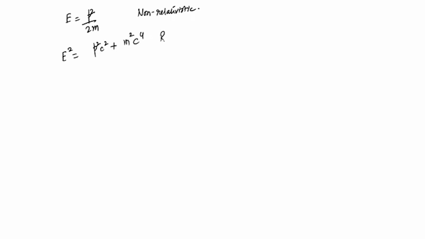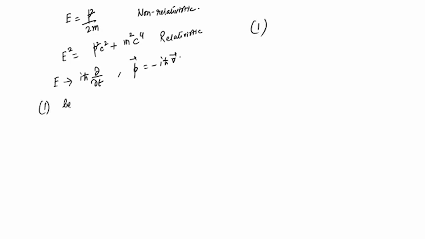So this is the relativistic dispersion, which is true at speeds of the order of the speed of light. Okay. So if you replace E by i h cross del/del t and if you replace p by minus i h cross del, then this relativistic equation,